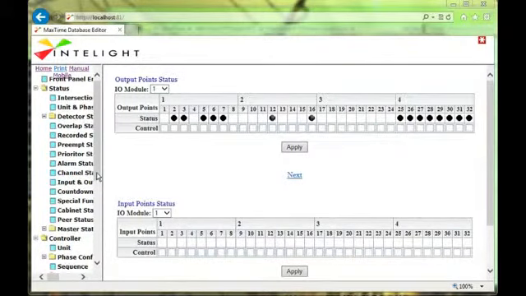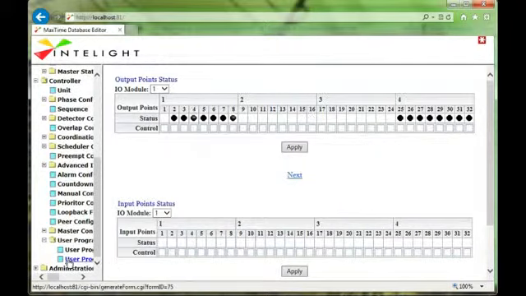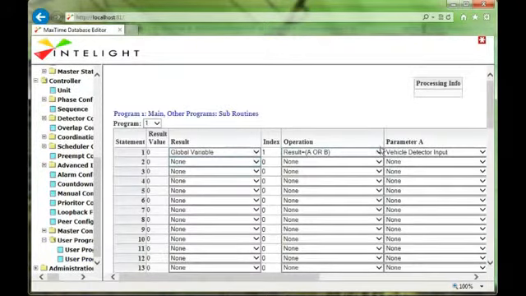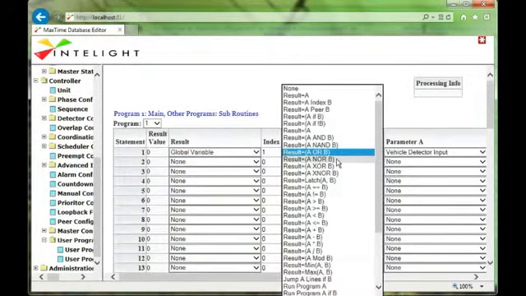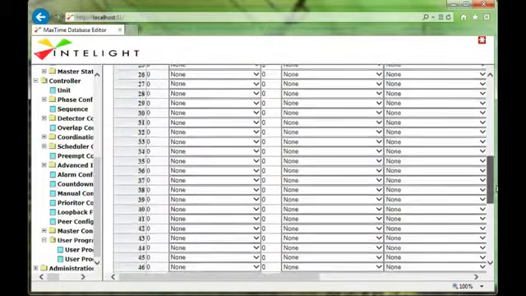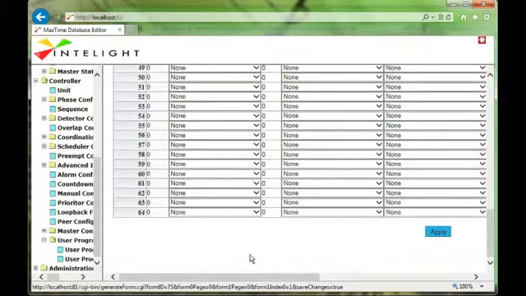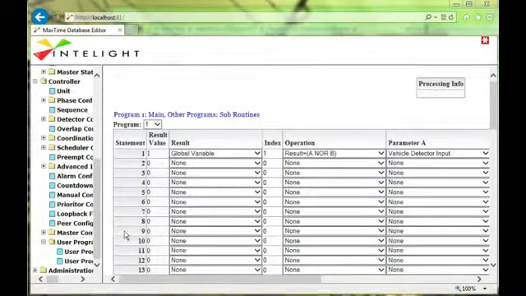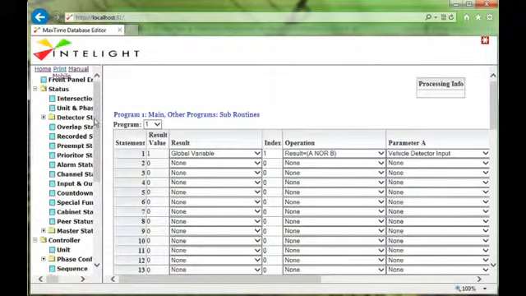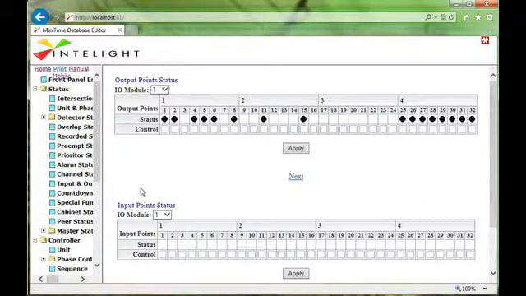So now we're going to go back and do our NOR statement. So instead of OR, it'll be a NOR. So resultant equals A NOR B. And we come down and hit apply. When we hit apply, it can take up to a minute to save away. It's our biggest save screen. So that's done. Now with our NOR statement, it means that they both have to be off for it to be